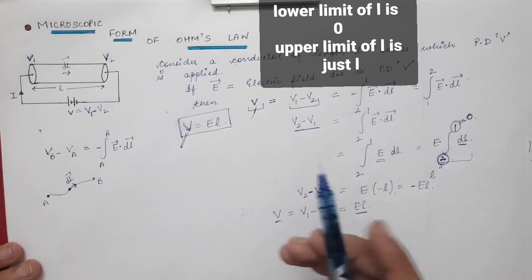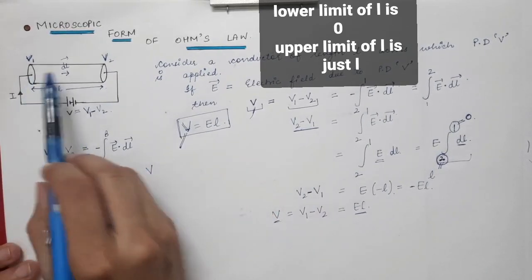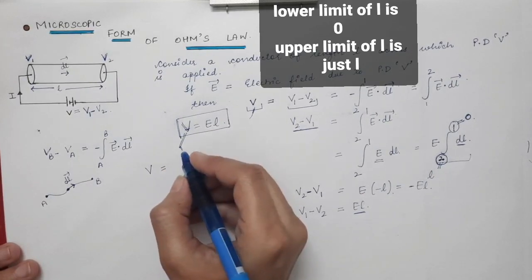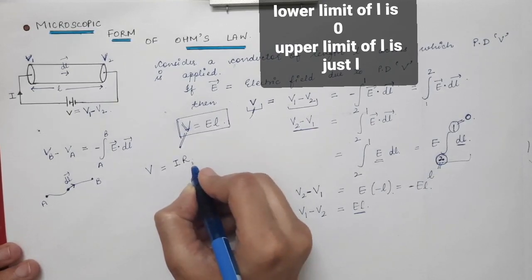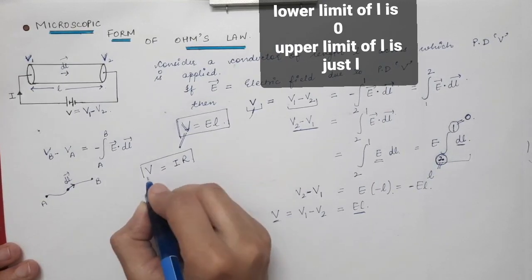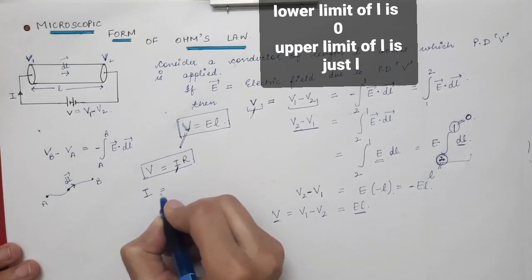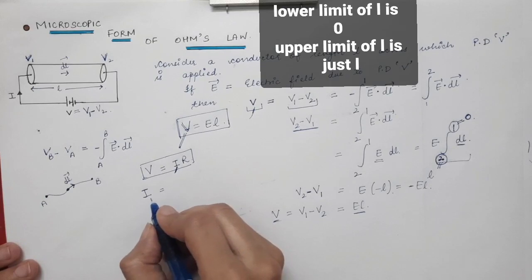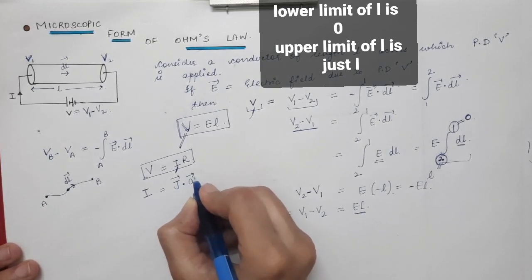So firstly, what is V? The potential difference V1 minus V2, from the Ohm's law which we have done in the previous lecture, V is equal to I into R, the current flowing into the resistance of the conductor. So V is equal to I into R, as well as what is I? I is equal to, in terms of electric current density, we have already found out that current is equal to J vector dot product with the area of cross section.